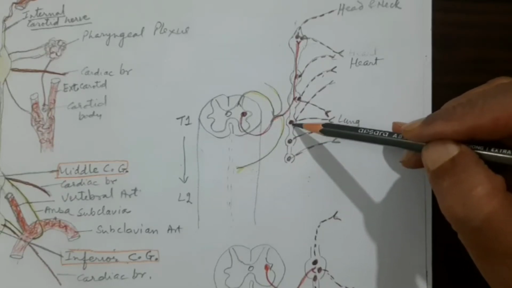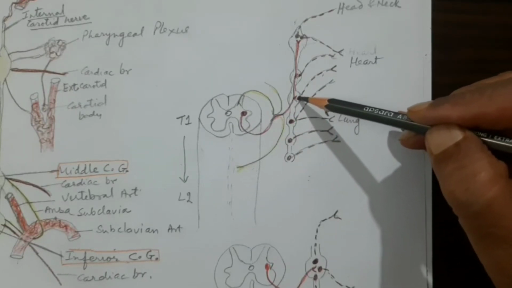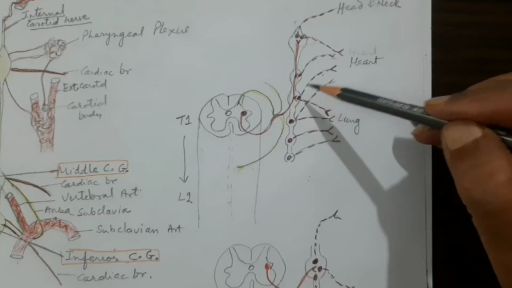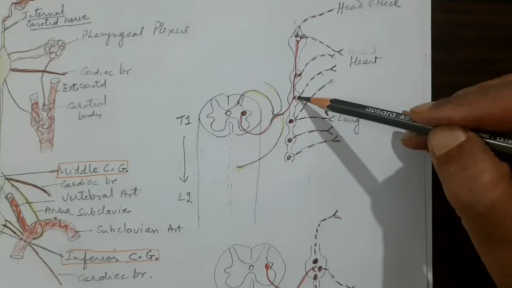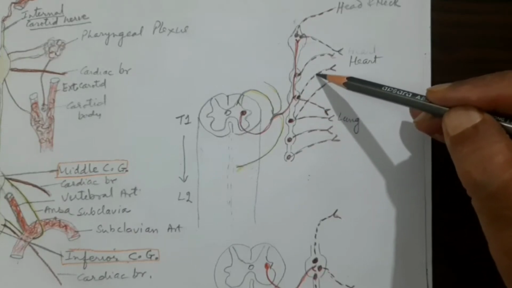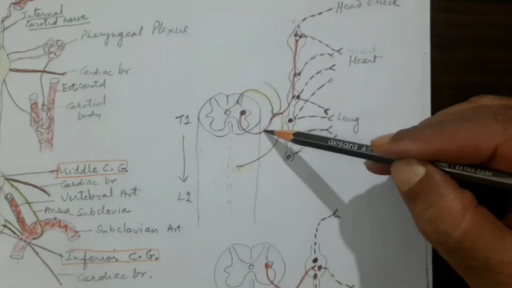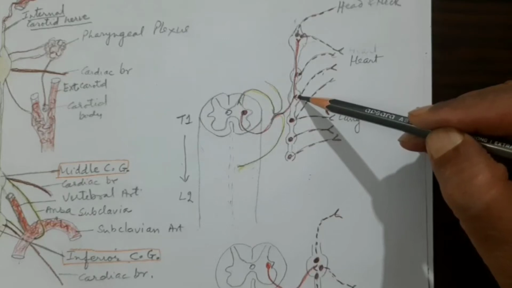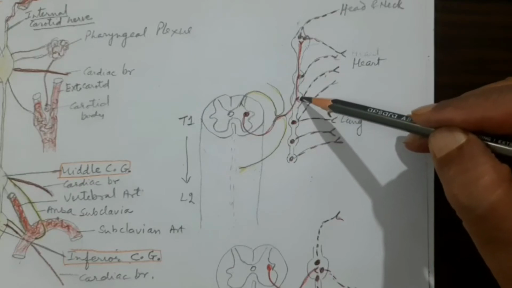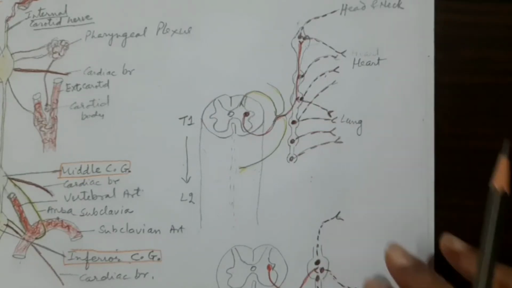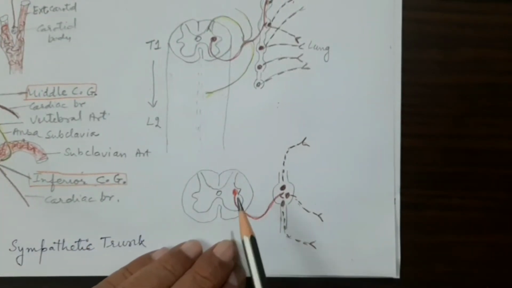This gray dot which I have drawn is the postganglionic sympathetic neuron, and the preganglionic fiber will come and end into this postganglionic neuron. With the dotted line I have shown that the axons of this postganglionic sympathetic neuron will arise and supply the various structures. So this is the preganglionic neuron. From the sympathetic chain it becomes the postganglionic sympathetic neuron, because this is the second set of neurons. Now let us see this diagram also, which may show you a much clearer picture.